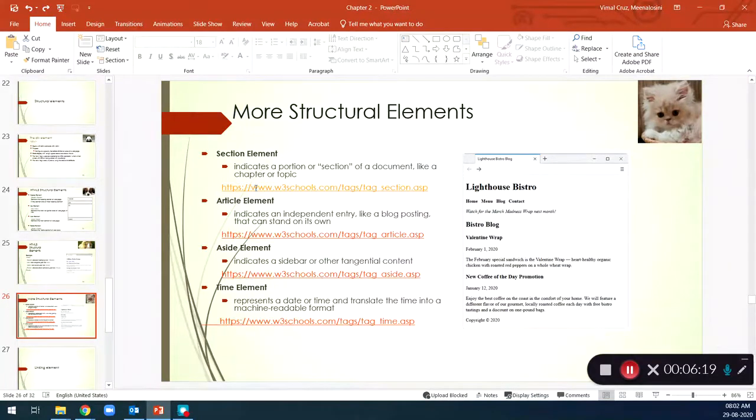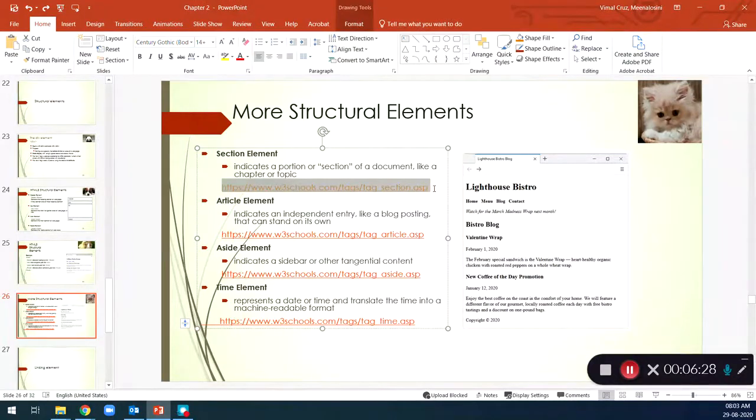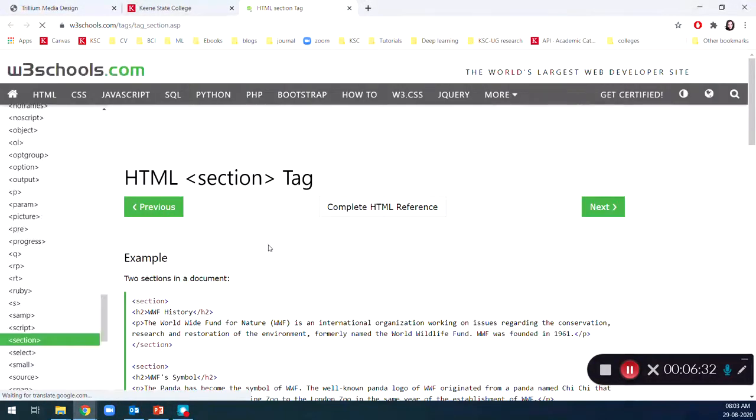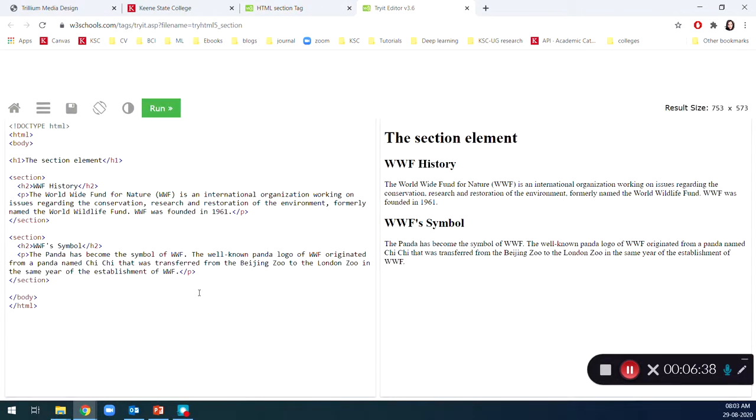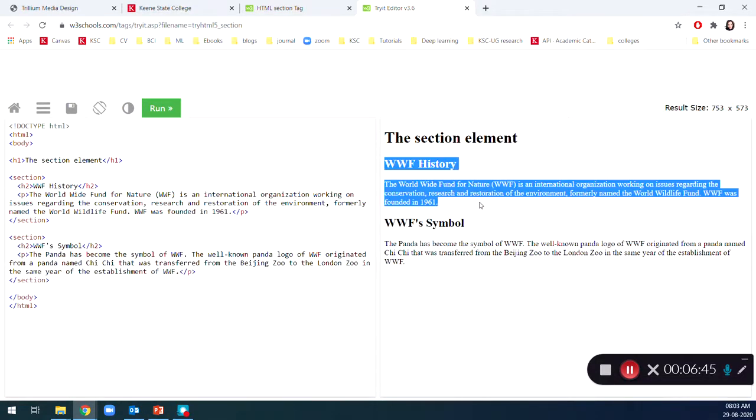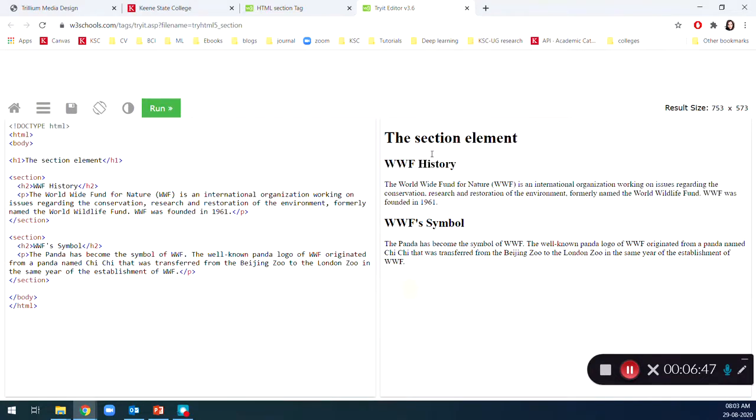If you look at this example, let me open up this page. On the W3Schools website, if you open our Try-It portal, you can see this WWF is a separate section, the history is a separate section, and the symbol is a separate section.